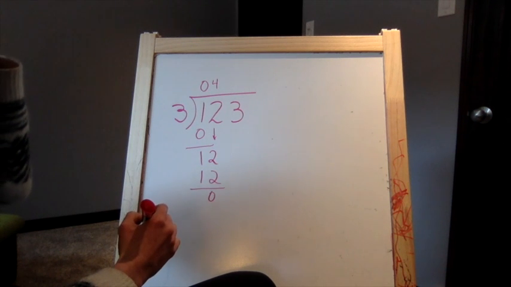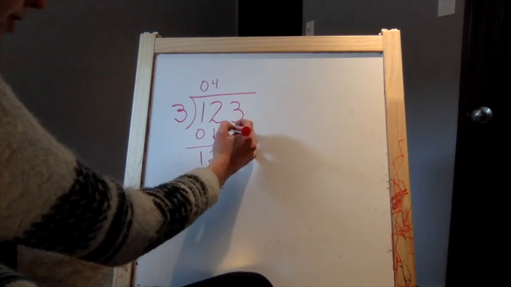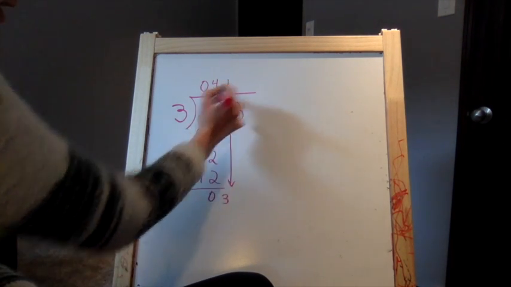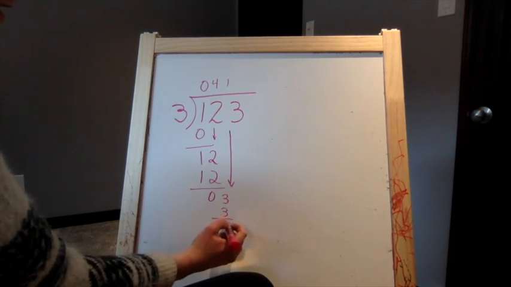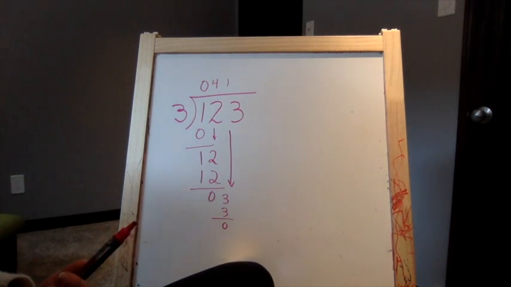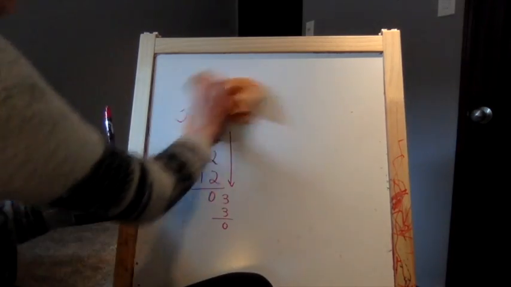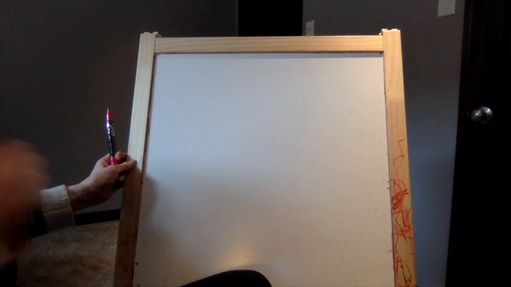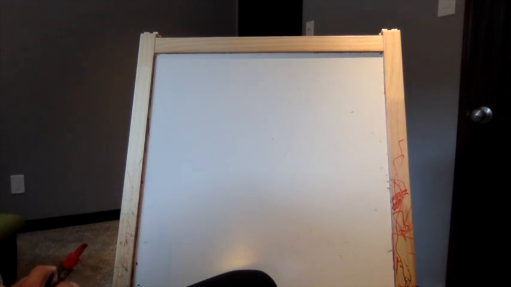Okay, now 3 goes into 3. You can also bring down the 3. 3 goes into 3 1 times. 3 times 1 is 3, difference of 0. So 123 divided by 3 is 41. That's saying that 3 goes into 123 41 times. Okay, my next one, 156